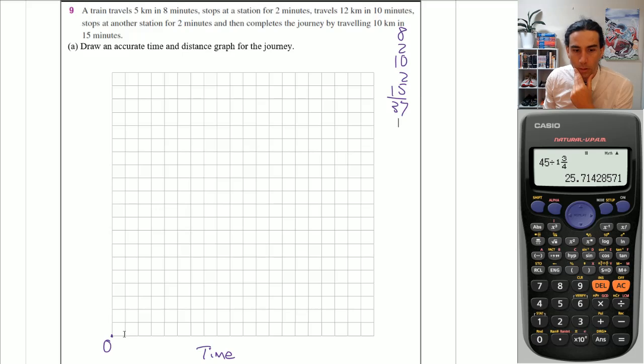How many squares we got? 1, 2, 3, 4, 5, 6, 7, 8, 9, 10, 11, 12, 13, 14, 15, 16, 17, 18, 19, 20. So we got 20. So 40 divided by 20, we can do every 2 minutes. So that'll be 2, 4, 6, 8, 10, 12, 14, 16, 18, 20,